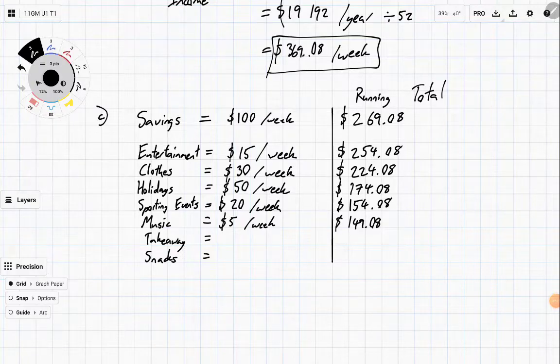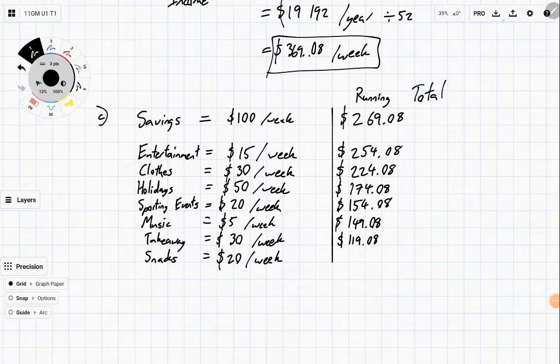So, really now at this point, we could just update any of these higher ones because we do actually have a bit of extra spending, but let's just split it between takeaway and snacks, and we'll say maybe $100 per week on takeaways. Oh no, let's do something more realistic. So let's say each week he's allowed to spend $30, not a big cook, and $20 here. That's going to be minus 30, 119.08,